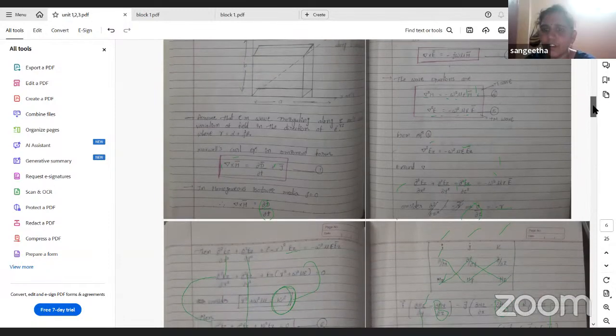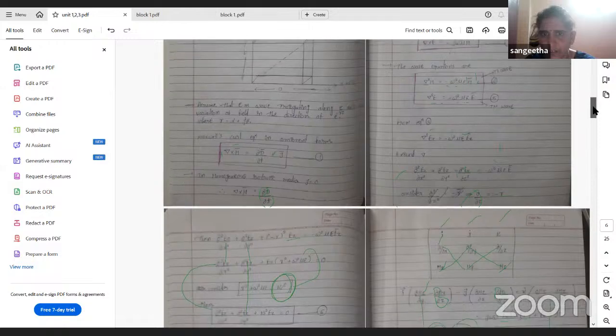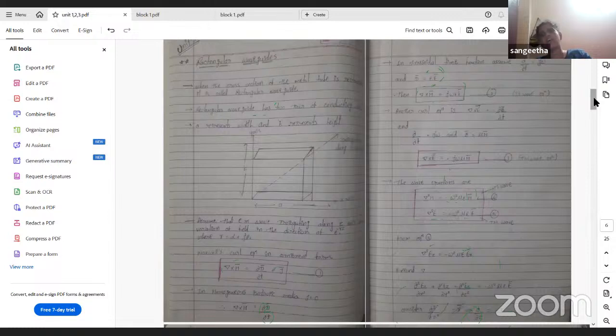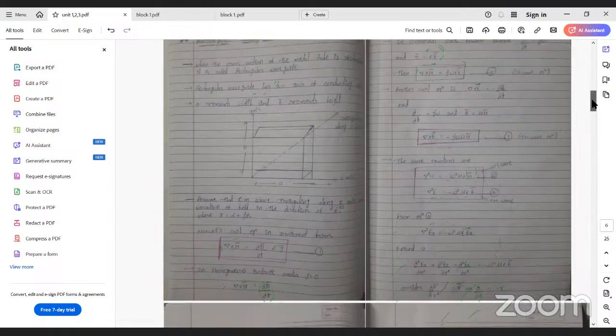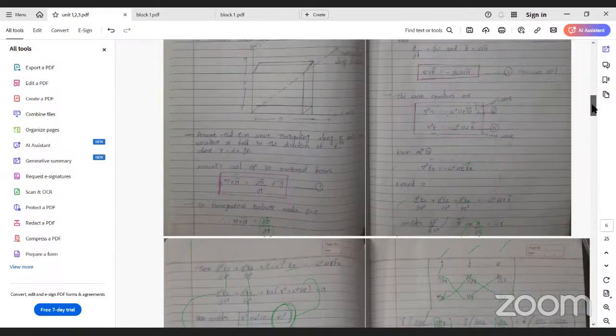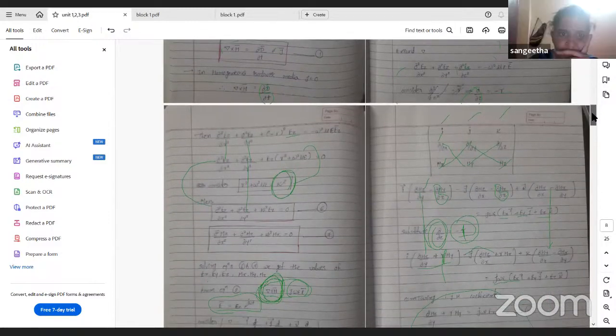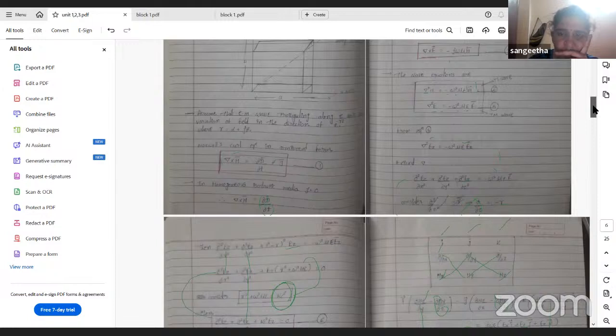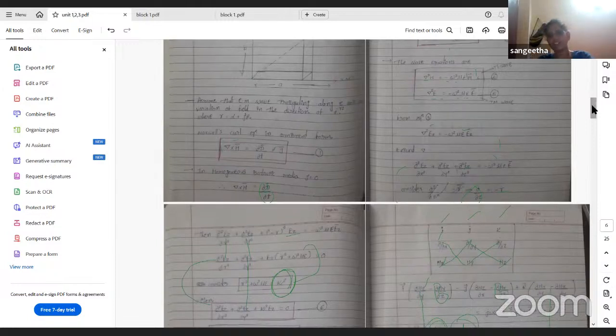Can I scroll down? First we wrote 2 equations, del cross H and del cross E, and wrote 2 wave equations: the TE wave and another one, the TM wave. Next, what we did: expanded from equation 5. Just go through it step by step. If it is clear, I will continue with the next derivation part.